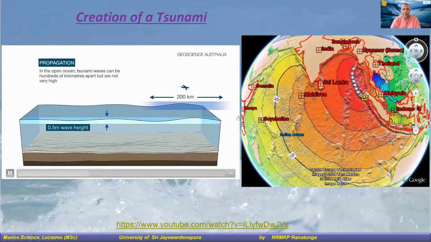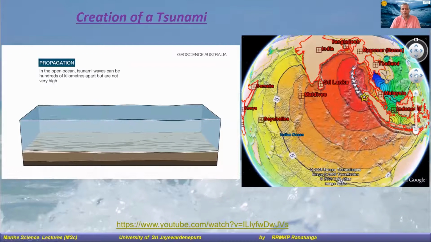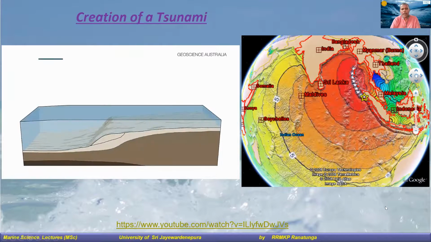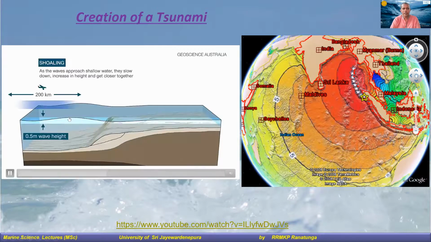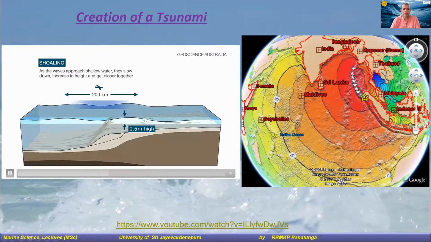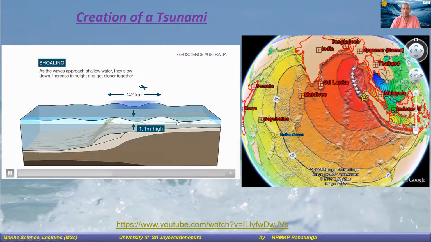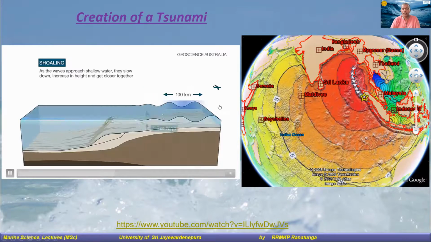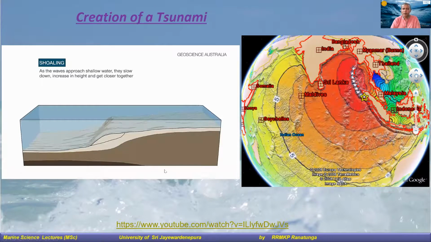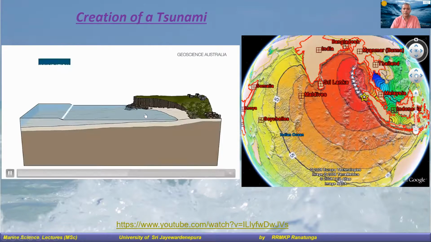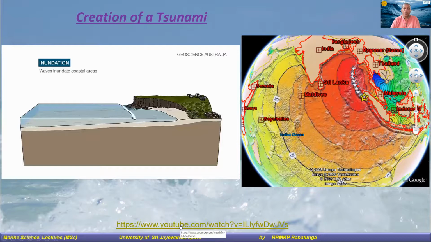And when they approach the coast is the problem, because in that case the wavelength will be reduced, but the wave height will increase. That is the problem. When it approaches the coastal zone and hits the coast, in the shallow areas, the wave height will be extremely high, and they are extremely powerful, and that will cause a lot of destruction and damage in the coastal zone, as you can see in this graphic. It will result in very high waves.